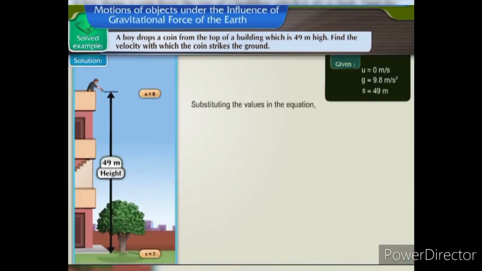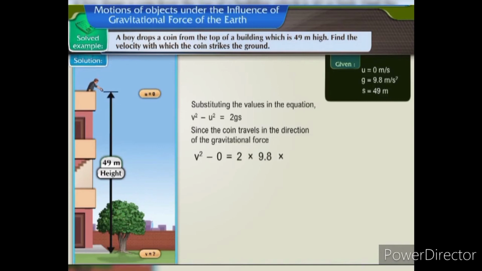Substituting the values in the equation, v square minus u square is equal to 2gs. Since the coin travels in the direction of the gravitational force, v square minus 0 is equal to 2 into 9.8 into 49. V square is equal to